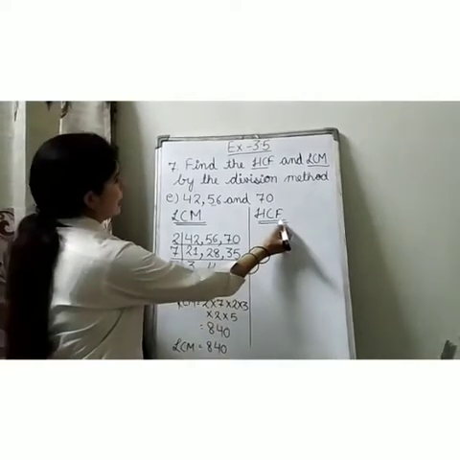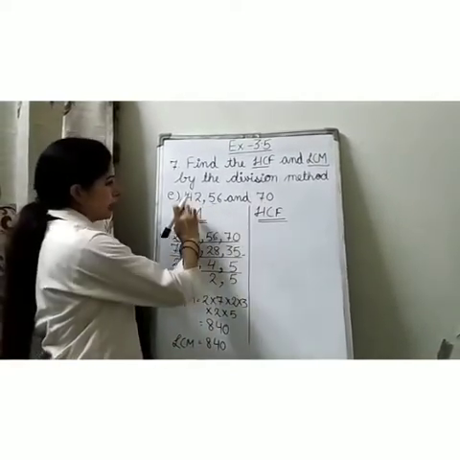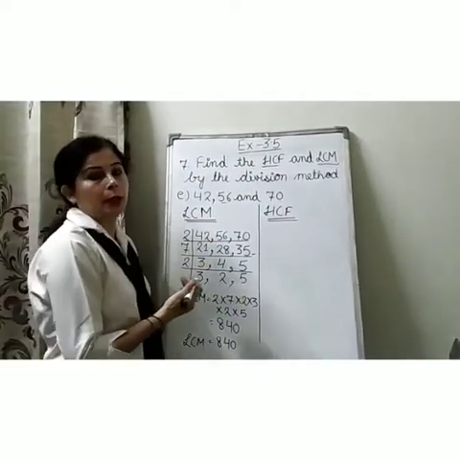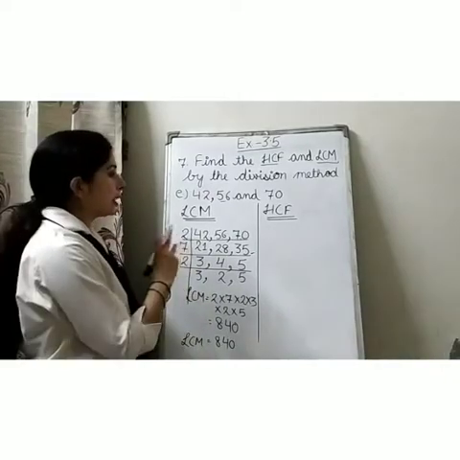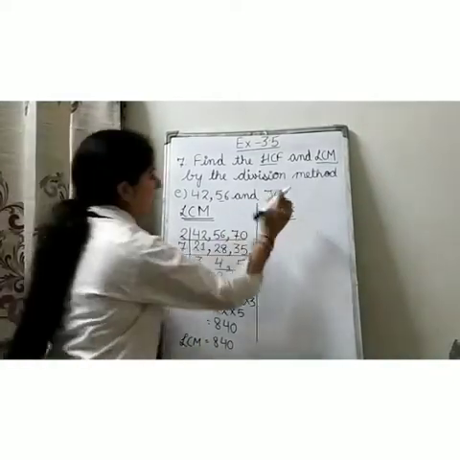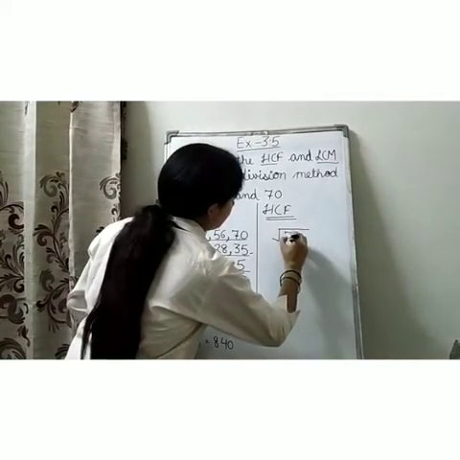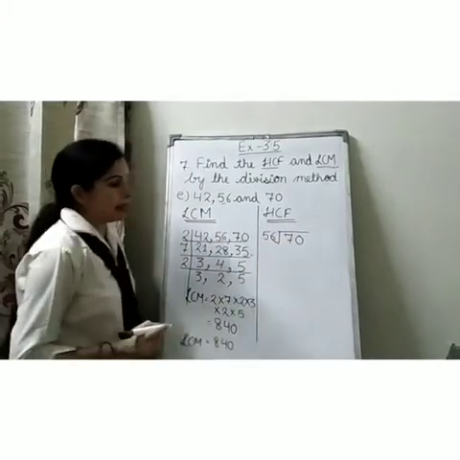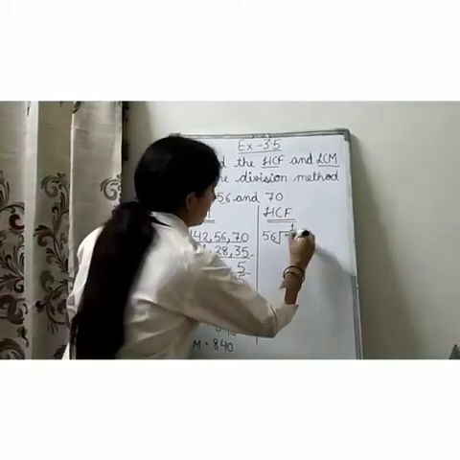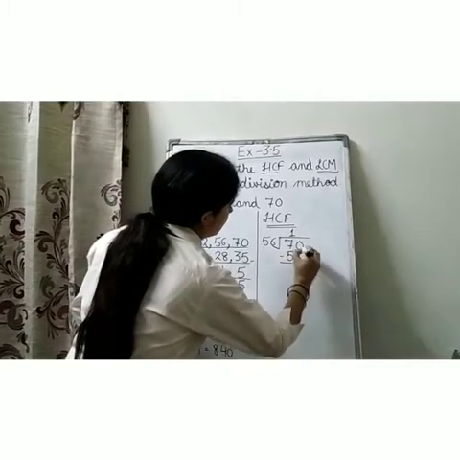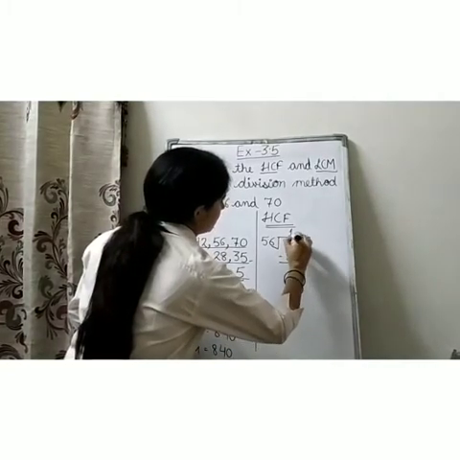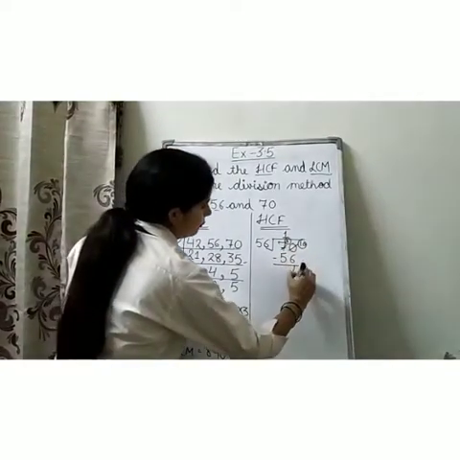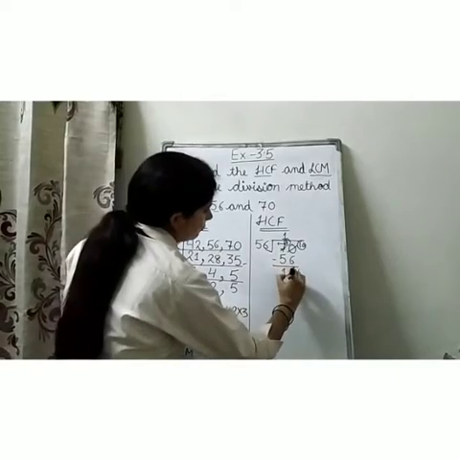Now we will find the HCF of 70, 56 and 42. Earlier we have learned to find the HCF by the division method, but we have done with 2 numbers. Here are 3 numbers. The very first step, take the biggest number as the dividend and divide by the middle number. This will be the divisor. 56 ones are 56. Subtract. It becomes 10. 6 out of 10, 4. 5 out of 6, 1.